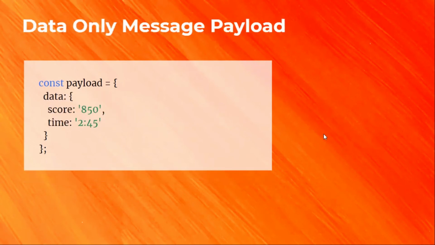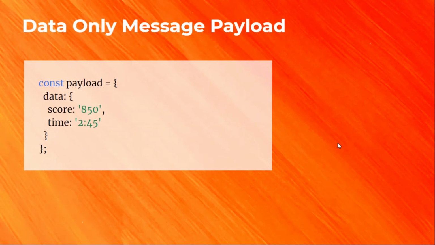Okay. So the data message payload contains the data. We can differentiate between them using that key. If we have a notification in the payload, then that is the notification message payload. And if we have data in it, it is considered a data message payload. Using that, we can achieve our notifications.